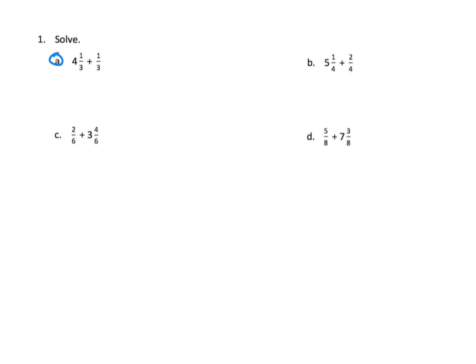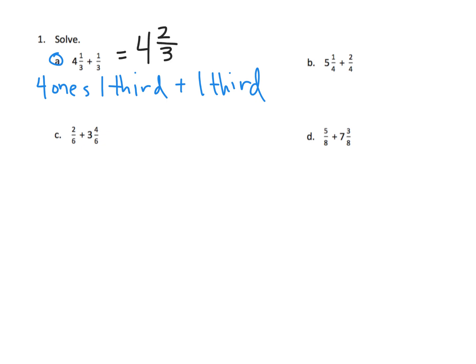Let's take a look at question A. So we've got 4 ones. We've got 1/3 plus we have another 1/3. Now, you're not expected to write it out in words like this, but we can see that we end up with 4 ones, and now we have 2/3. So really, here you got 5 wholes or 5 ones, and now instead of having 1/4 plus 2/4, we now have